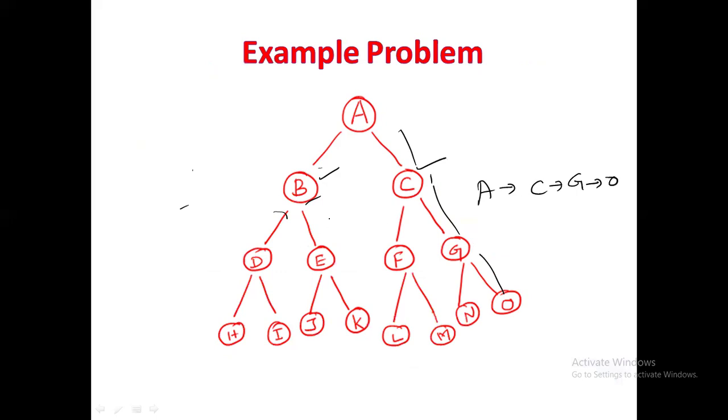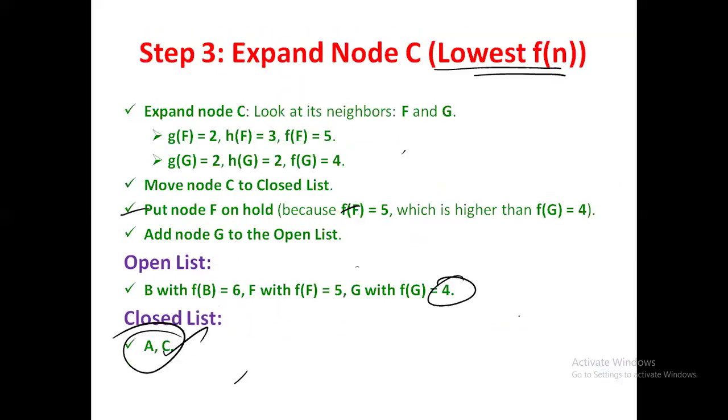The total cost to reach this goal is what we found out here: f(O) is equal to 4. Confirming the efficiency of the A star search algorithm in finding the optimal route by balancing the actual cost and heuristic estimates. And coming to the conclusion,